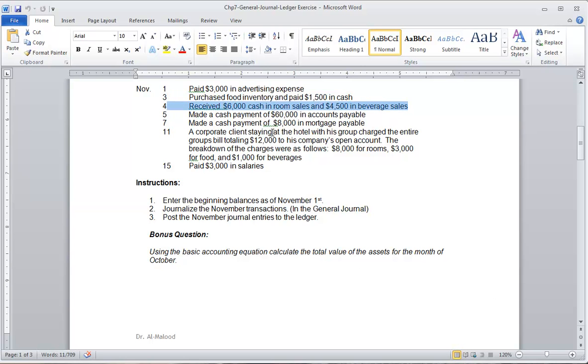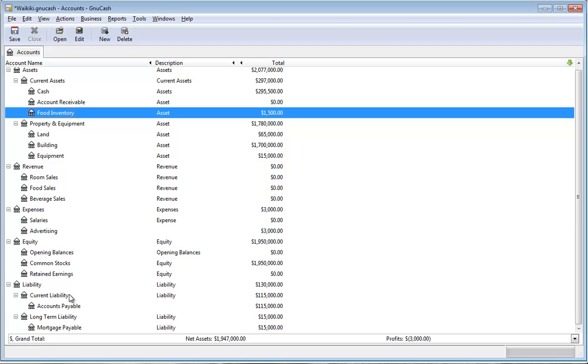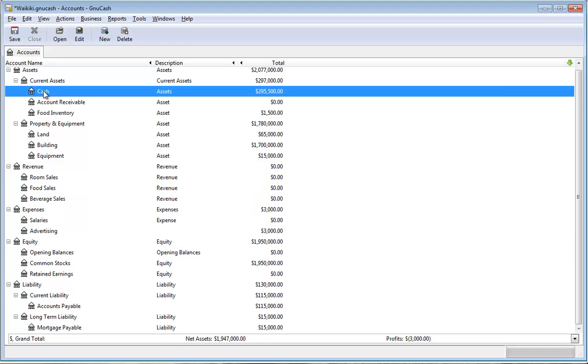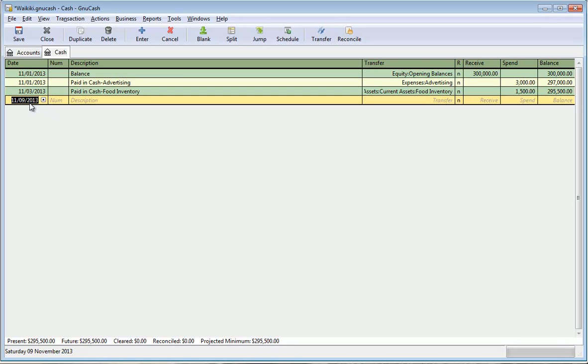Received $6,000 in cash in room sales and $4,500 in beverage sales. Okay, so we got two cash payments, one for room sales and one for beverage sales. I am going to go back to GNUCash, and instead of posting a charge under room sales and then another one under beverage sales, what I'll do is I'll just go to the cash account and do it here. So I'm going to go to cash, and this transaction was on November 4th. So we'll check November 4th, and then we will say room sales here, cash payment,